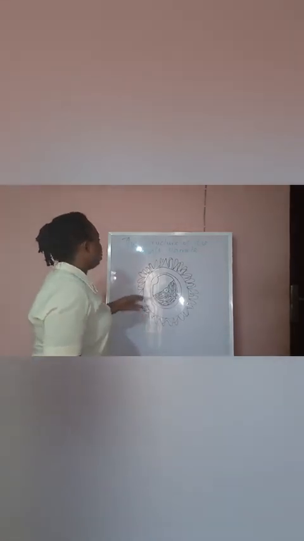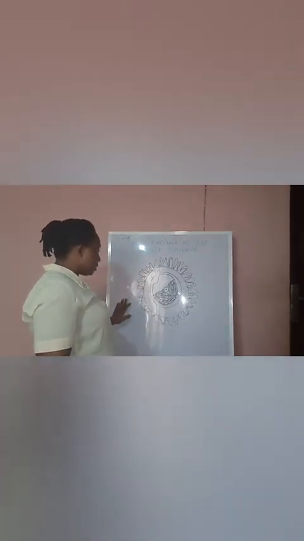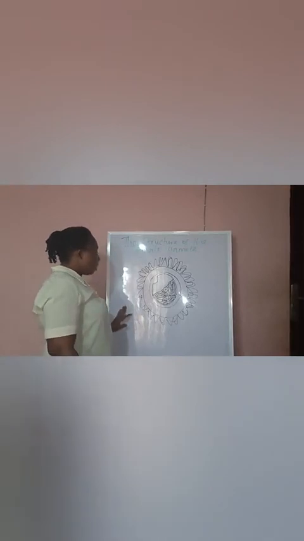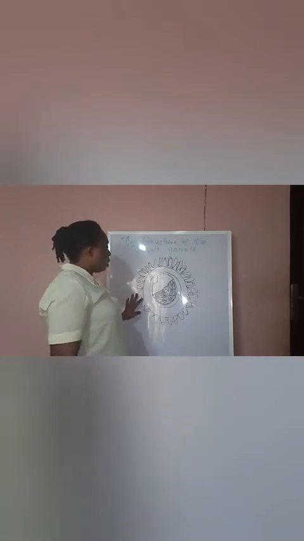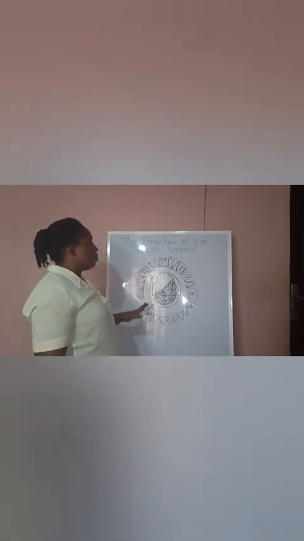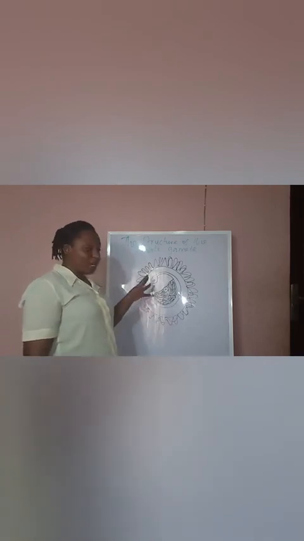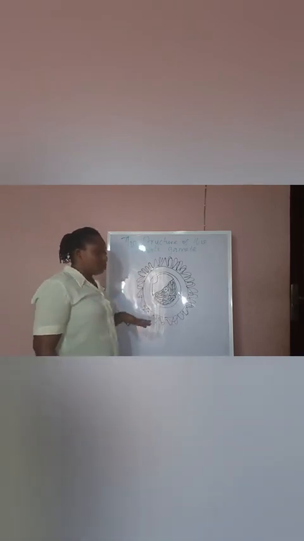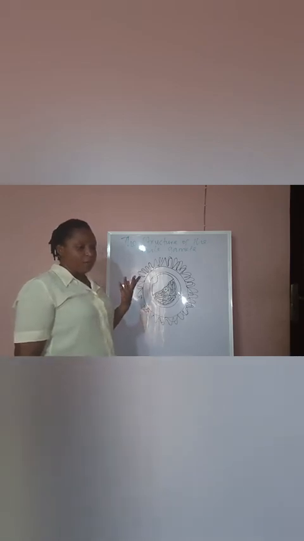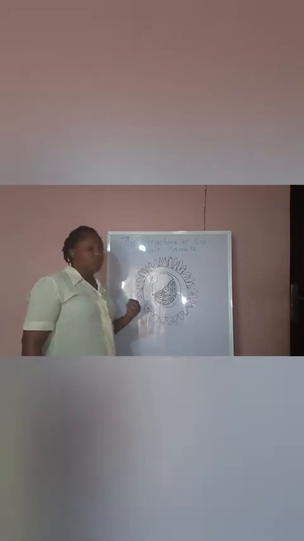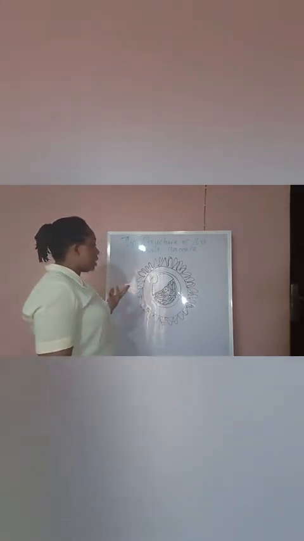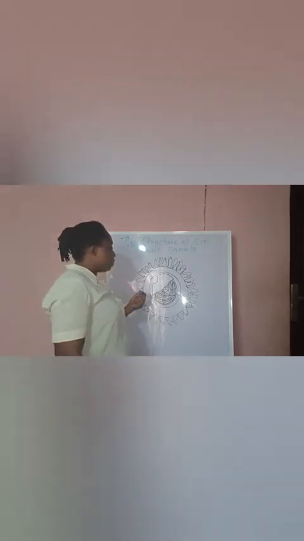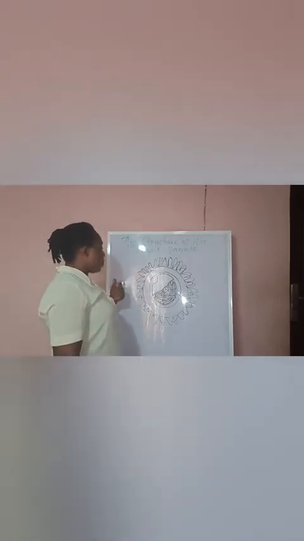Looking at the structure of the female gamete. So this is the female gamete. We have talked about the male gamete and how the different parts of it enable the spermatozoa to achieve its goal. Now this is the female gamete. You can see that the female gamete is bigger than the male gamete.